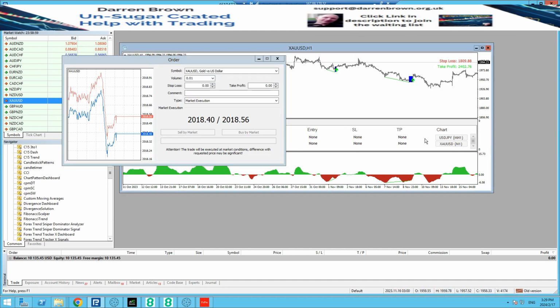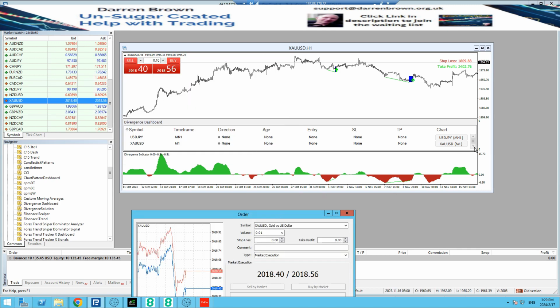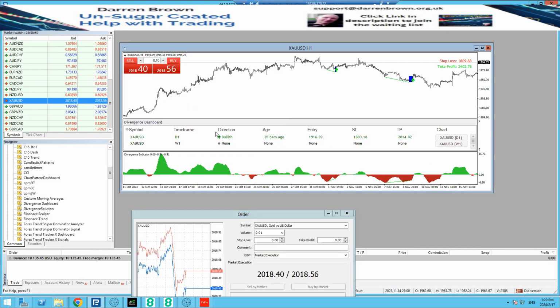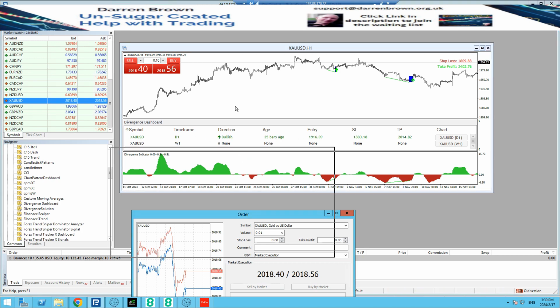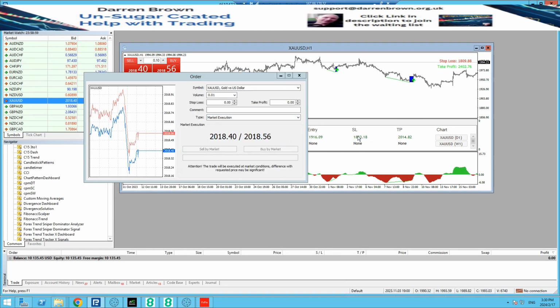Okay, so I was going to be showing you, let's go all the way to the bottom here, which is the daily, which is XAU USD. We're going to set this up. There's two ways you can do this. You either copy these, sometimes you can copy and paste, I don't think you can with this. So all we've got to do is stop loss. The first thing you want to do is, I've got this up at 0.01, so my stop loss